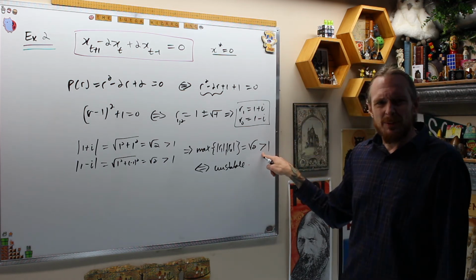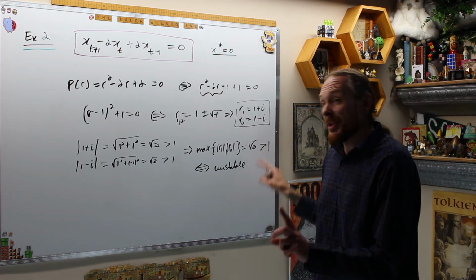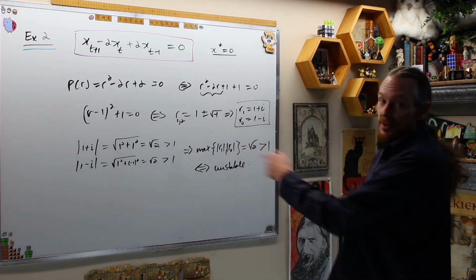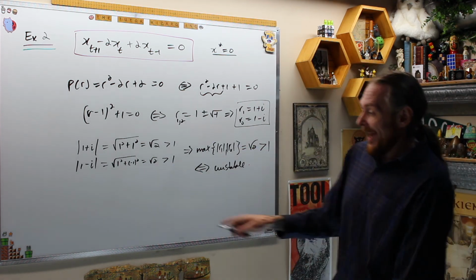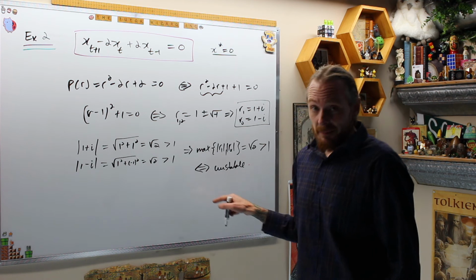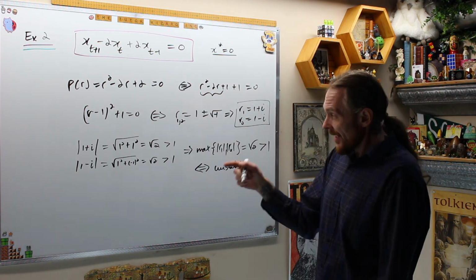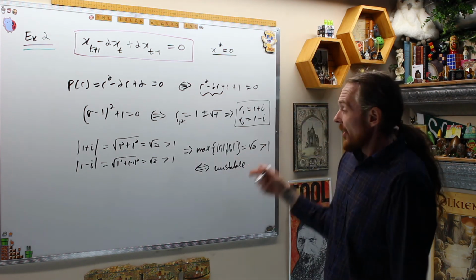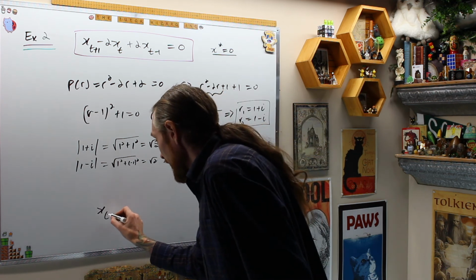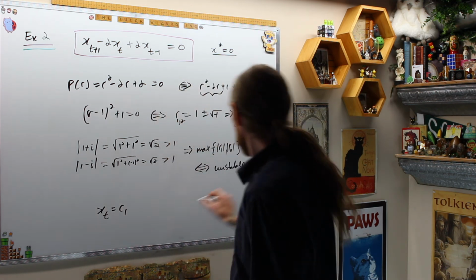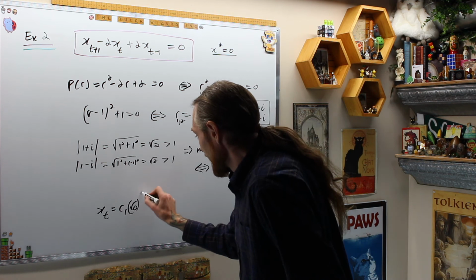If it exactly equals 1, you have to be careful because technically it might be stable, but it's definitely not asymptotically stable. If it's larger than 1, you can say unstable. And this is again from Theorem A, part 1. And then for part 2, we automatically know that our solutions are x(t) equals c1 root 2 to the t